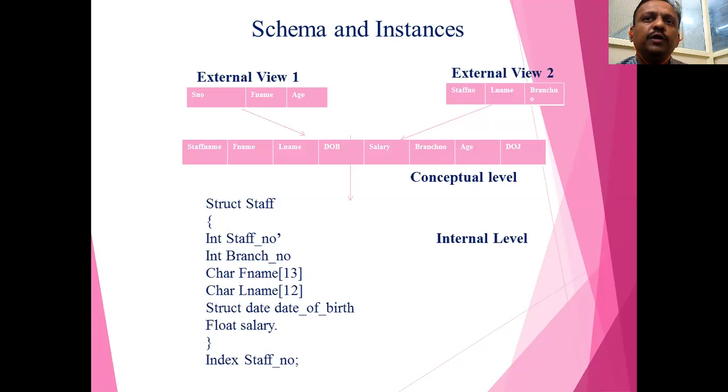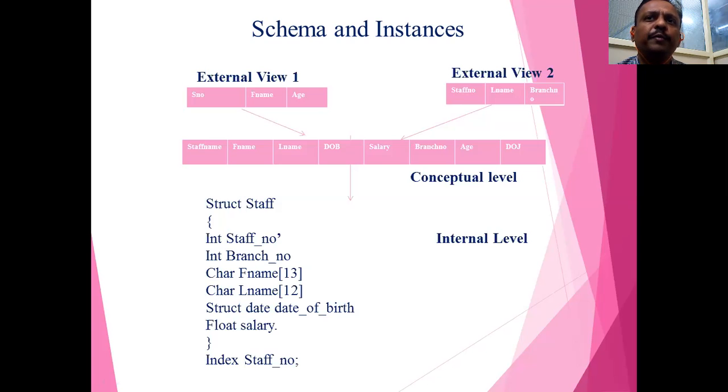Then the conceptual or logical level contains the structures already created, and we are going to create an instance of that particular schema. Here are staff number, first name, last name, date of birth, salary, branch number, age. These are the contents that we have to insert into a table, which is called an instance, and that is the conceptual level. What is the external level?